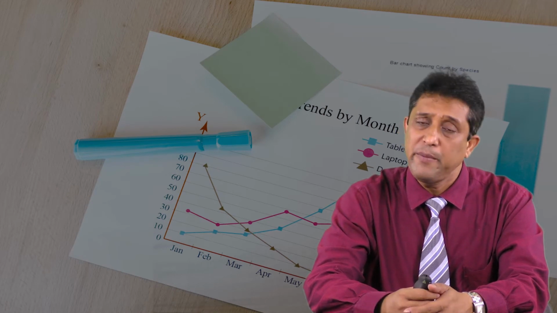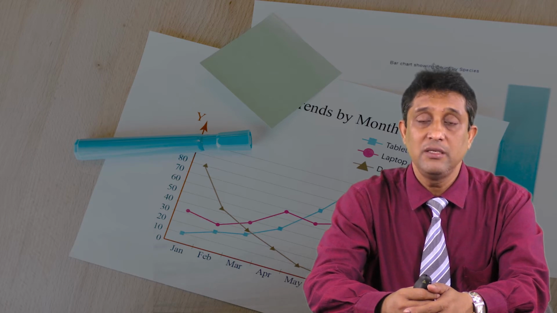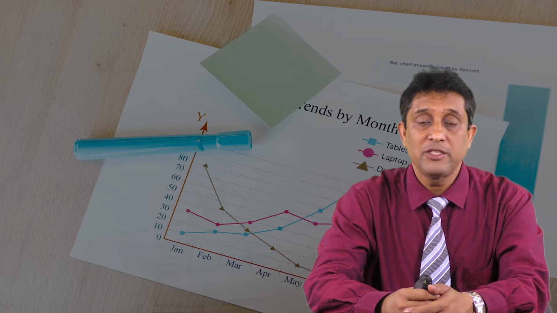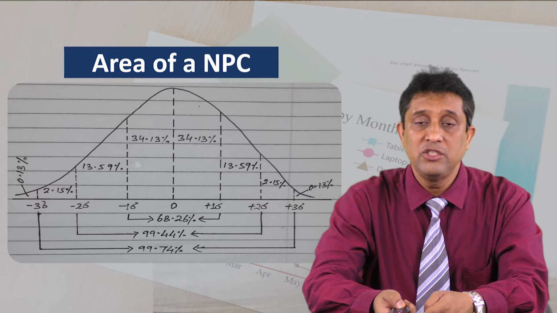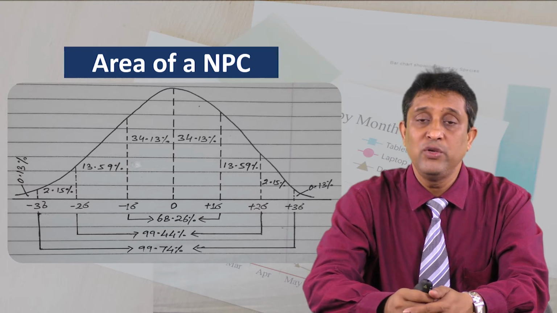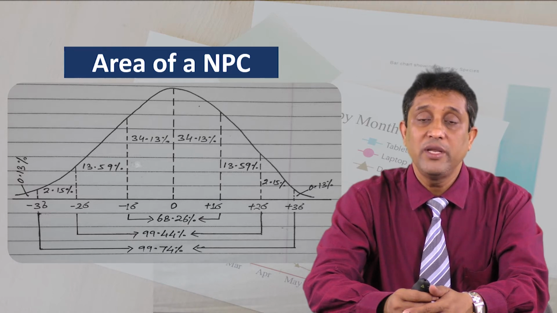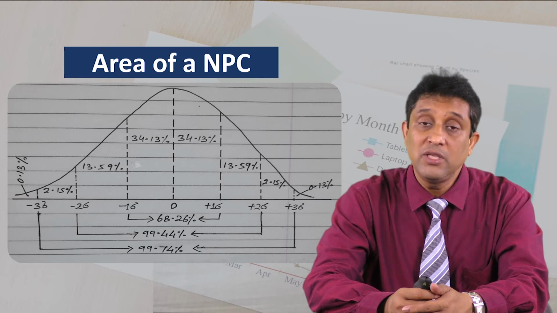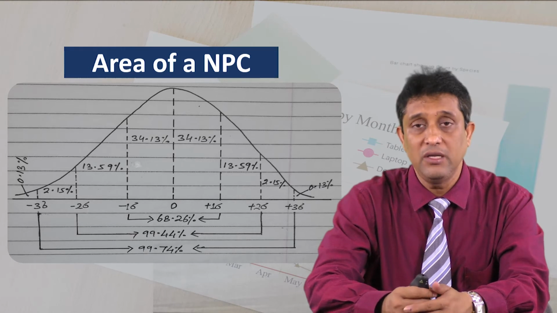Now let us recapitulate what we have discussed in our earlier video lesson, that is concept and characteristics of normal probability curve. First of all, we have discussed that the total area of the curve is 100%, and we know that this is a type of mathematical curve or hypothetical curve or, you can say, imaginary curve, okay, and the total area or the total scores are represented in this normal curve,